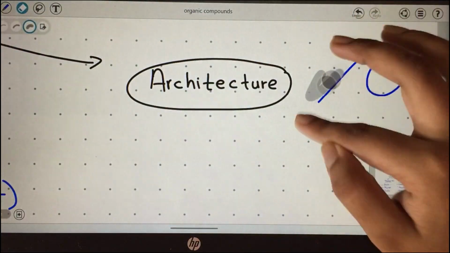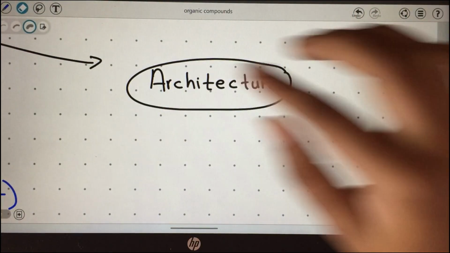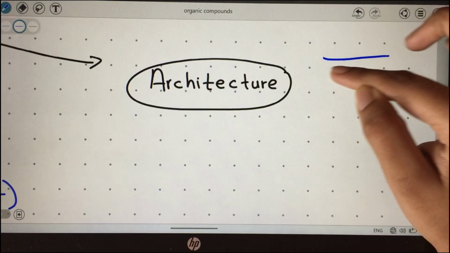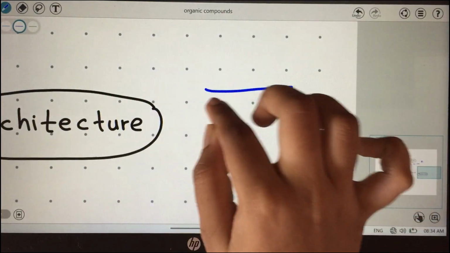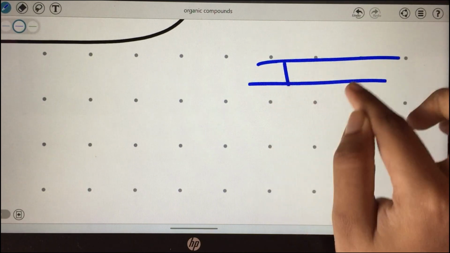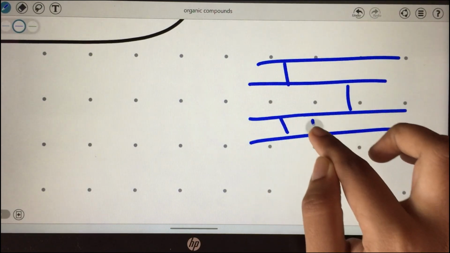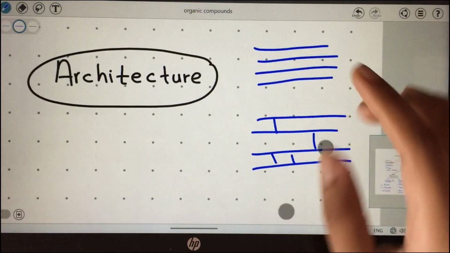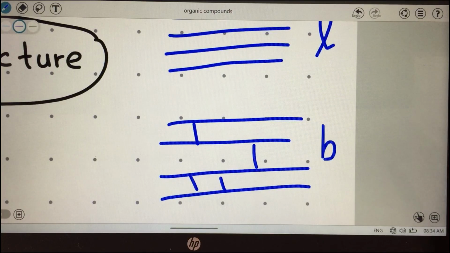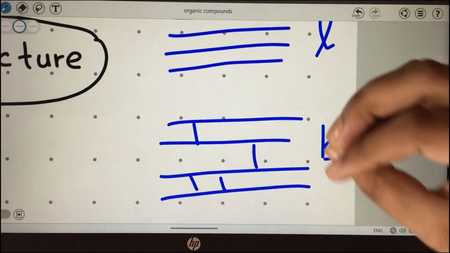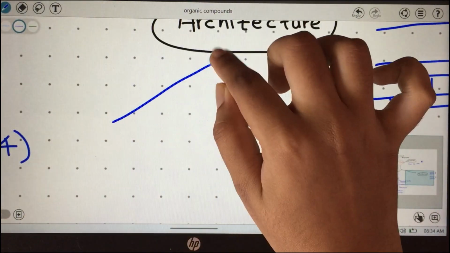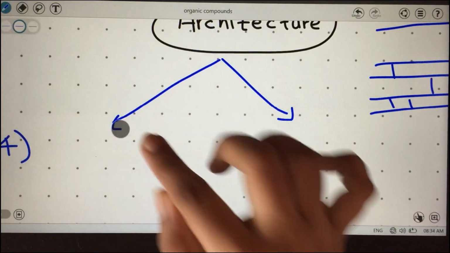But that's not the architecture we are speaking about here. Here we are speaking about whether they are linear or branched. So if it's linear, there's no connection here, like a bunch of strands. If they have bridges, like connections between those strands, then you call it what? Branched form. If it's the normal way, you call it linear, and if there are cross links, you call it branched form. So based on that, you can classify polysaccharides as linear and branched.